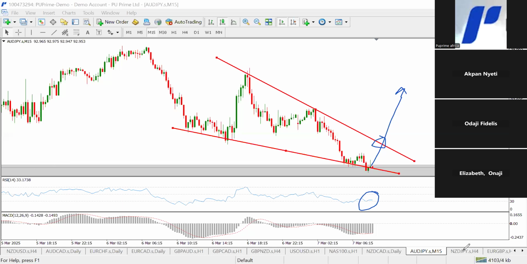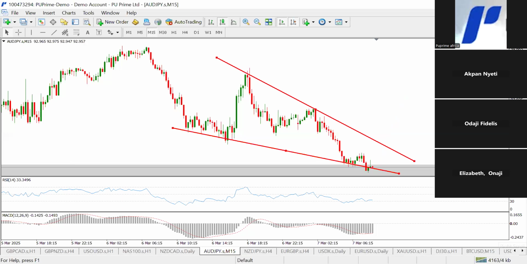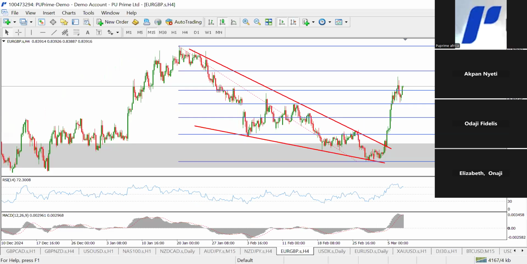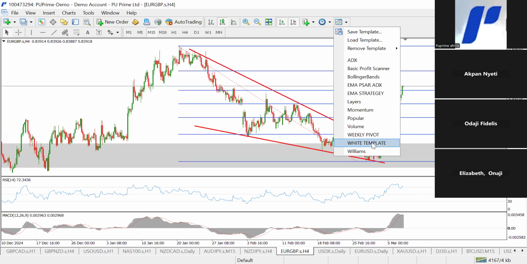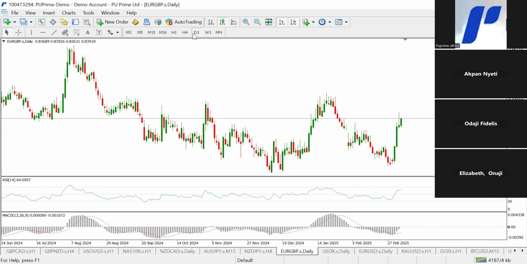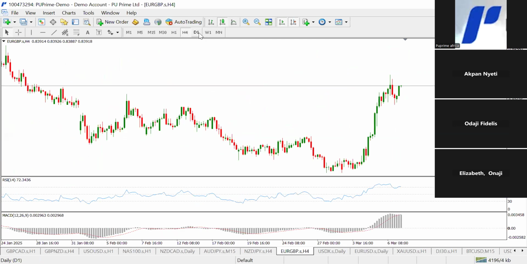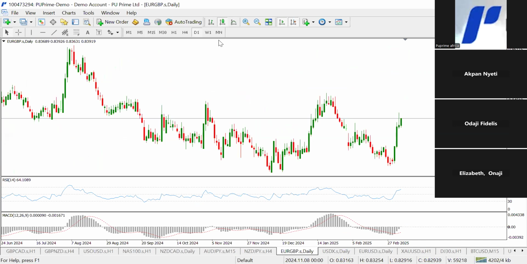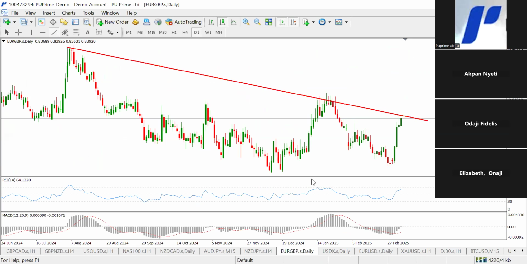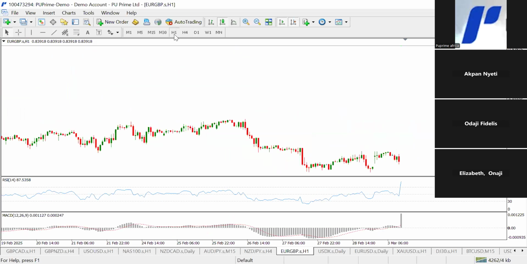And the second one I'll look at is the Euro-GBP. Now for Euro-GBP, price broke out on the 4-hour time frame from the weekly outlook that I gave at the beginning of the week. I said that it was going to buy, it's done that already. But then currently, price is trading around the trend line on the daily, the rejection candle touching the trend line. And we might be anticipating a reversal in price. That's the kind of setup. So we can flip down to 1 hour.